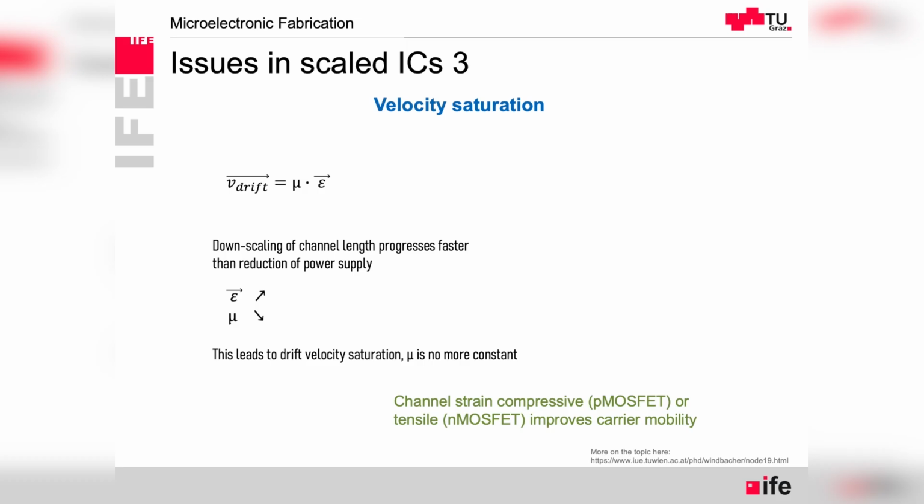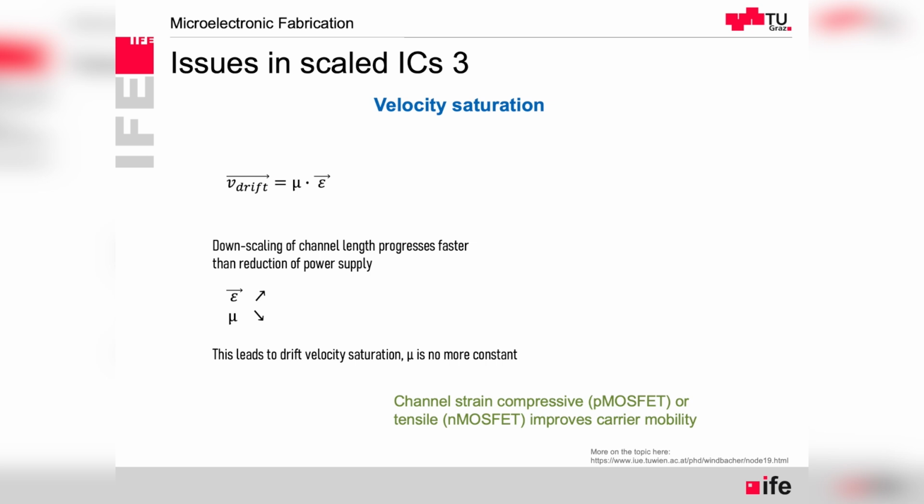So let's say it has almost not changed the supply voltage, but we have reduced significantly the channel length. And then what we can see is that the electric field gets higher in the transistor, the volts per centimeter. And we observe this velocity saturation,